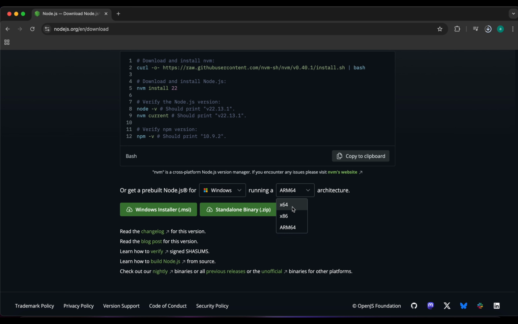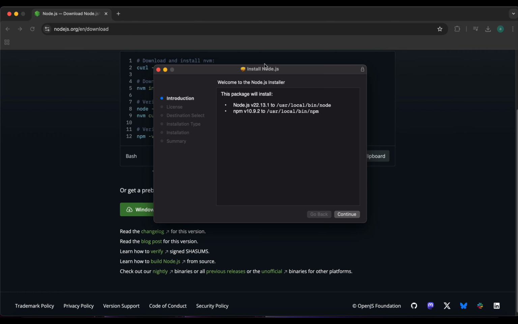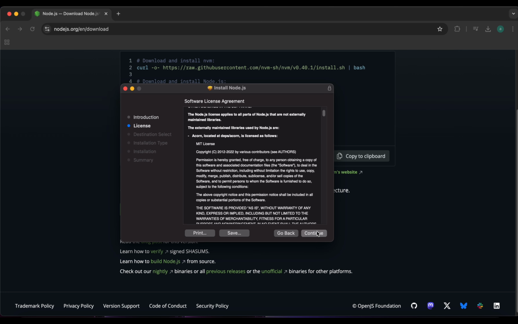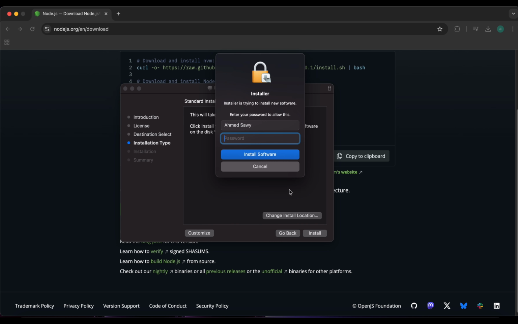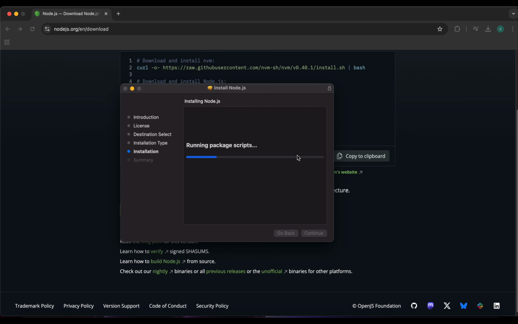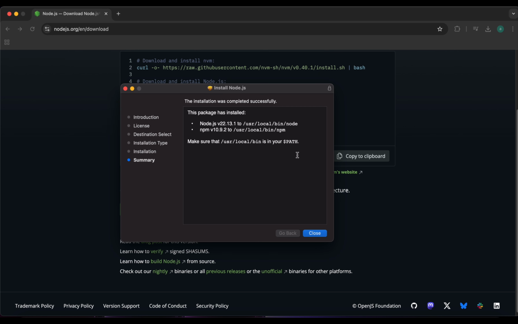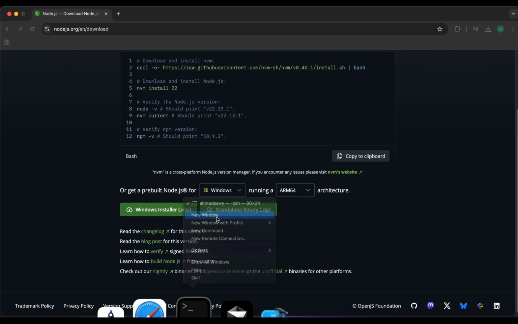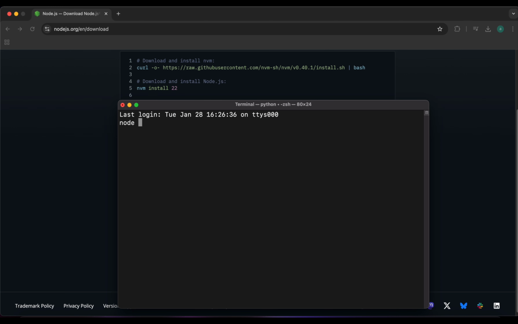from this selection. Okay, after downloading Node, you can just open it and install it. It's very simple, like you install a program or something. You can just agree and install. In Mac, you need to add your password. Now I'm done. If I just create a new terminal and type node -v, now I can get the Node